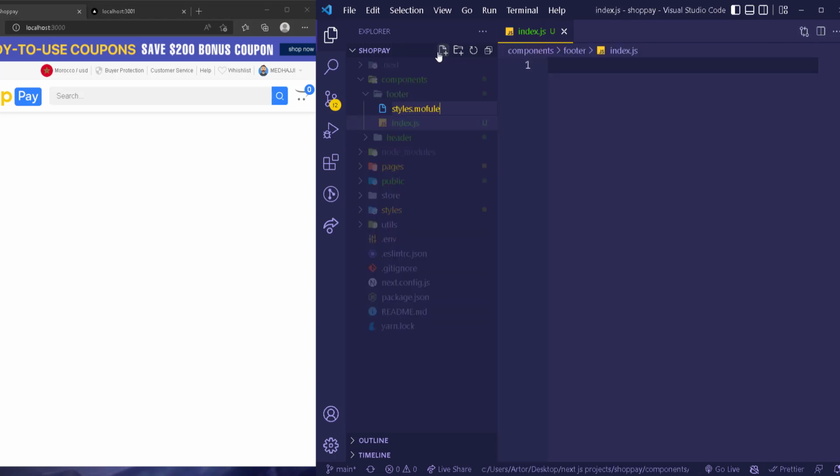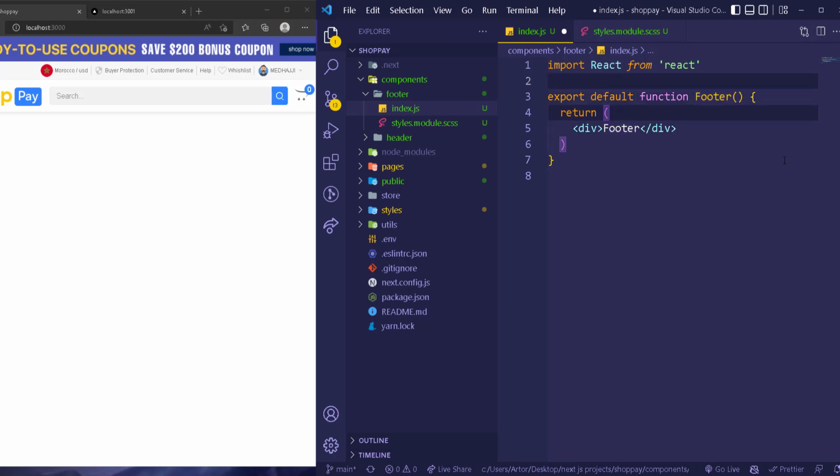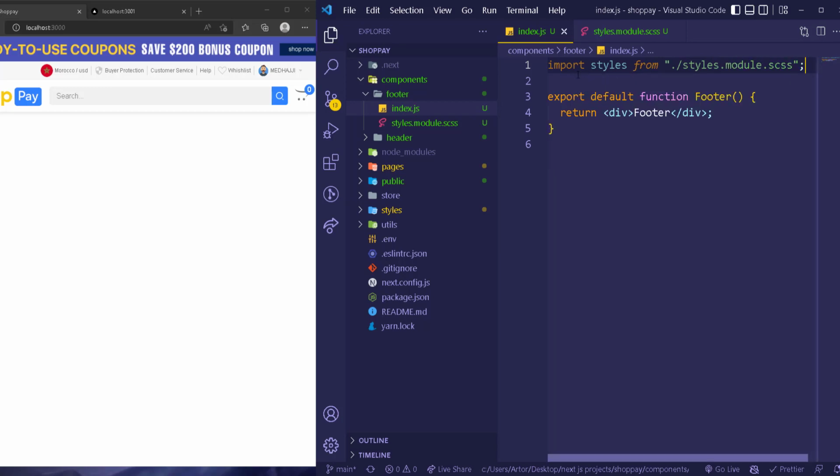size.module.css, and then I'm going to go to the index and then rfce, and this is going to be Footer, and this is going to import the styles. So import styles from size.module.css, and then I'm going to go back to pages, and then the index, I'm just going to call it